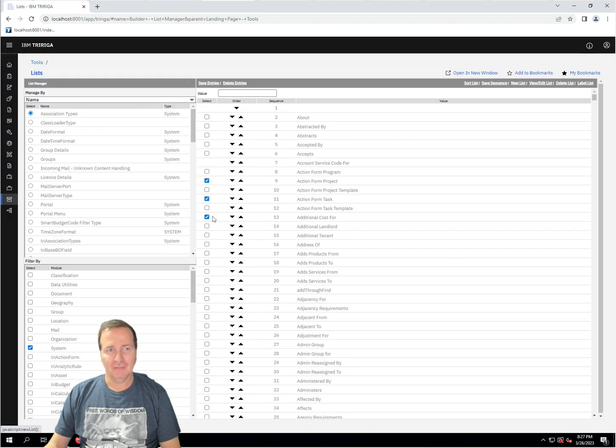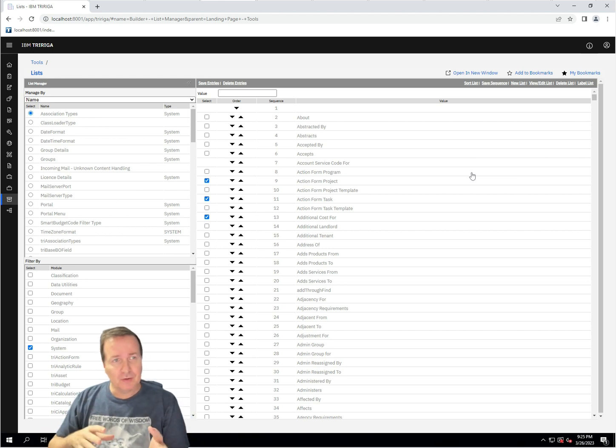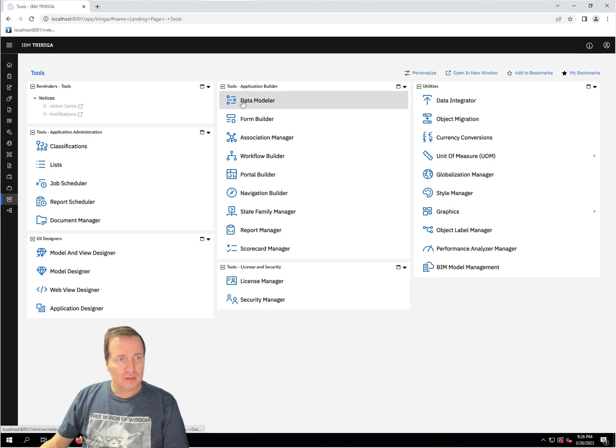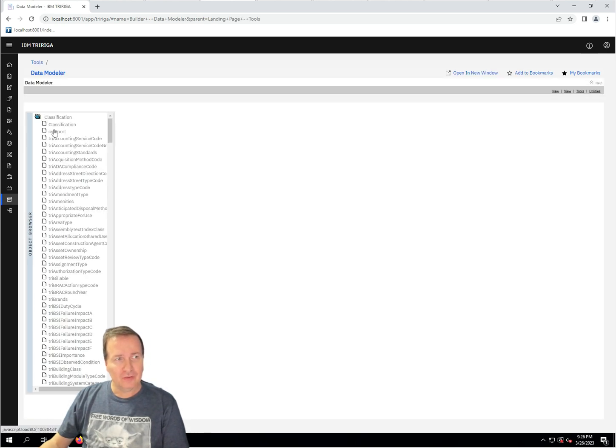So you would not have the ability to delete this particular list. Okay, now that our list has been created, we need to go ahead and add it onto our object, which is our classification that we created. So we need to go back to the data modeler. I'm going to go to Tools, select the data modeler, and if you recall, we created a classification called CST